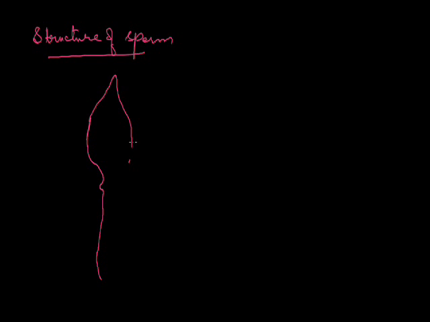This is the outermost covering, the outermost layer of the sperm. This is the head portion, which has one nucleus. This is the head part, which has one nucleus, and other than the nucleus,